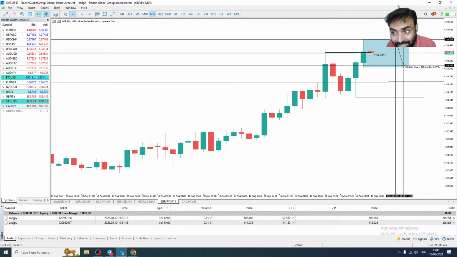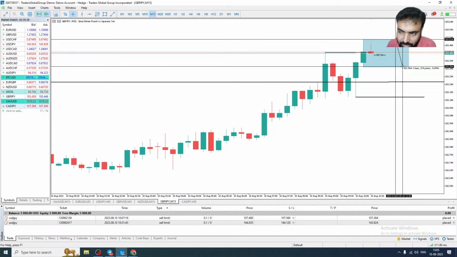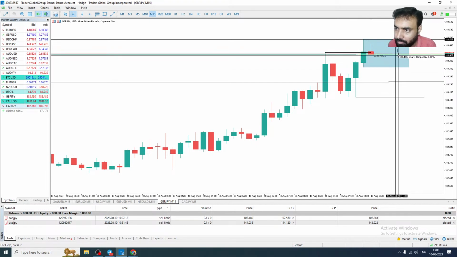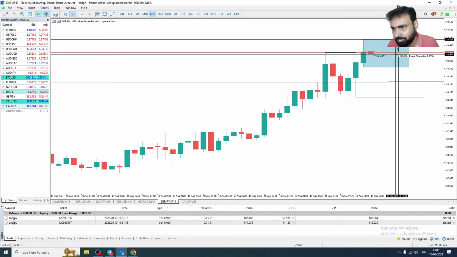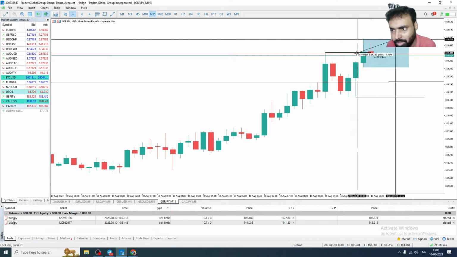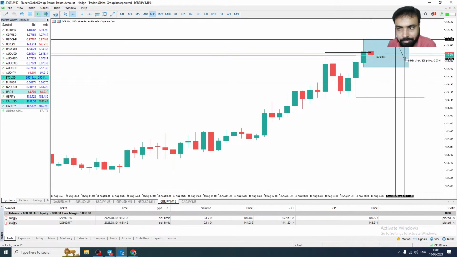So this is like 183 points. This is huge risk. I cannot take this risk. Then I will take half. So it will be like 96 points. That risk we can take. $9 stop loss we can take. Not $9, maybe like $6 stop loss we can take. So I will directly take a sell entry from here.